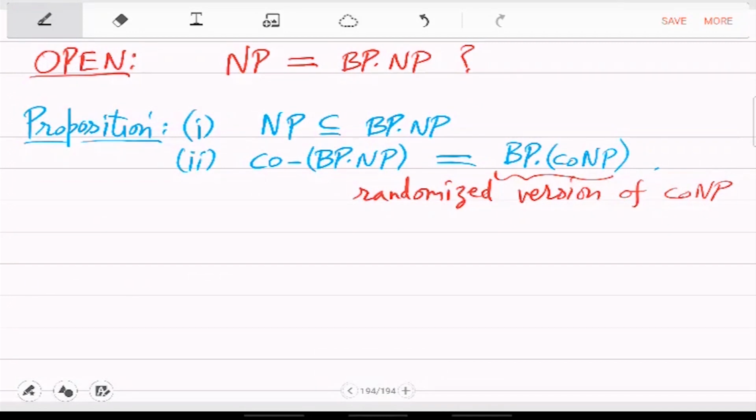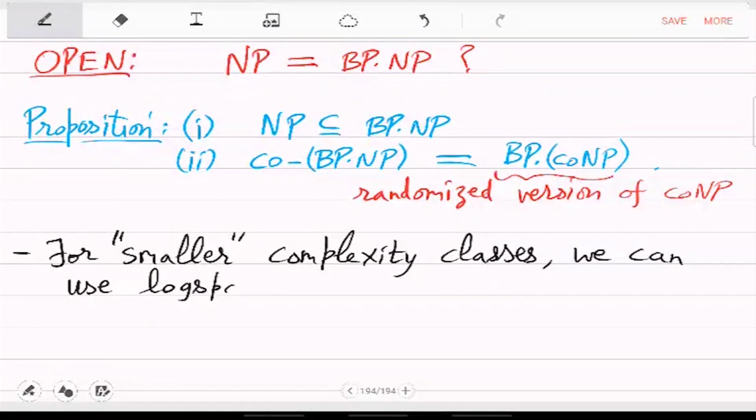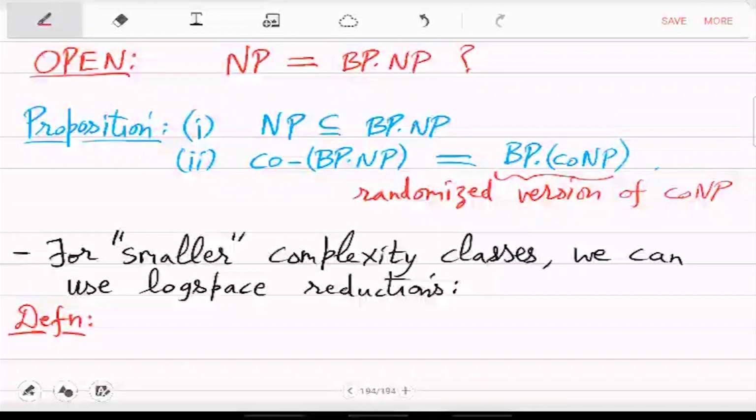For smaller complexity classes, we have to change polynomial time to log space, and we can use log space variant of reductions. So you get BPL. So L is in BPL if